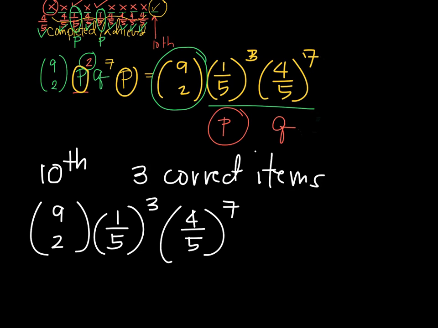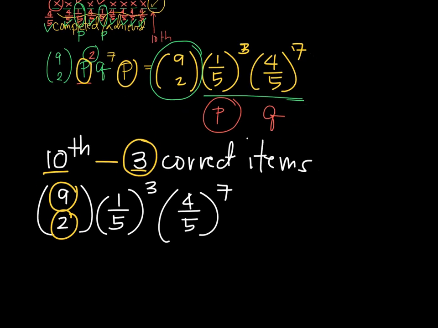And we can see, if we just look at the pattern, that this 9 is just 1 less than the 10. This 2 is 1 less than the 3. The p is raised to the number of correct items, and the q, the failure, is raised to the difference of 10 and 3, which is 7. So in general,